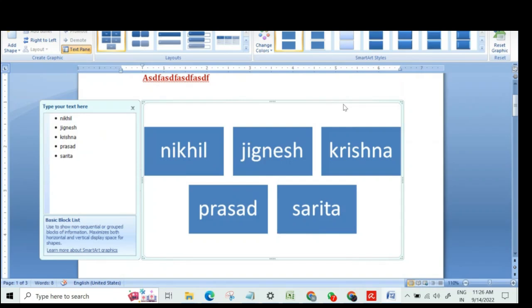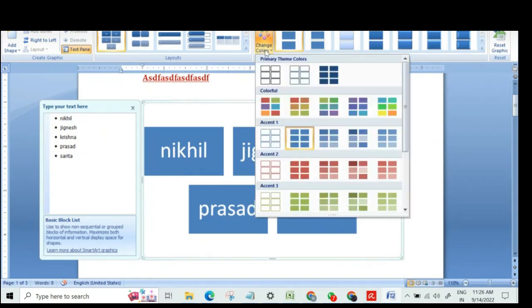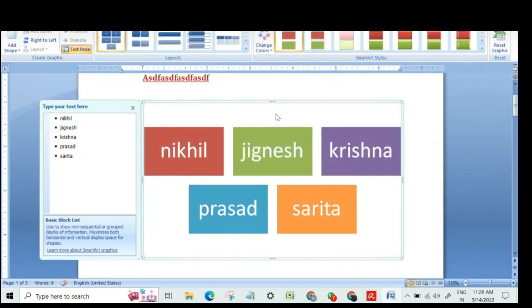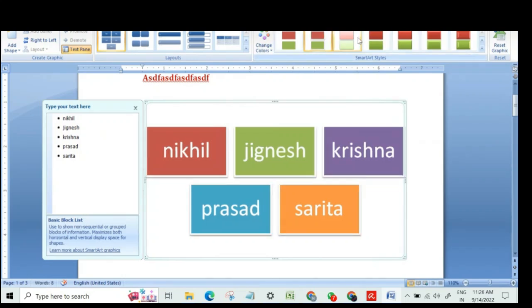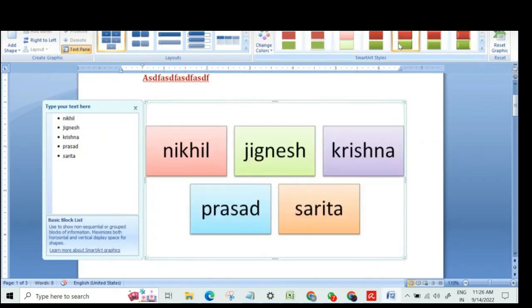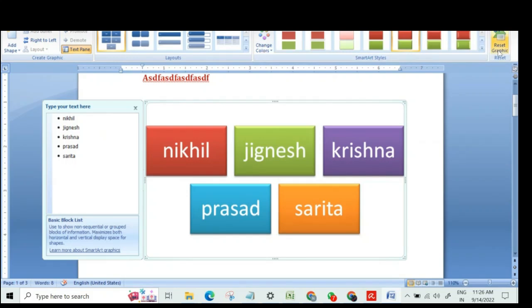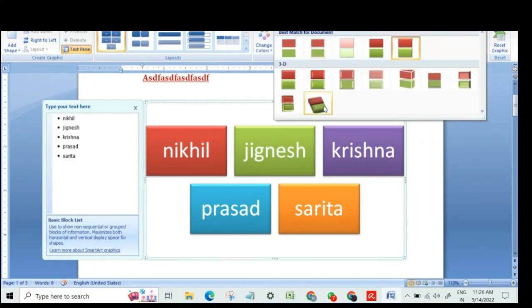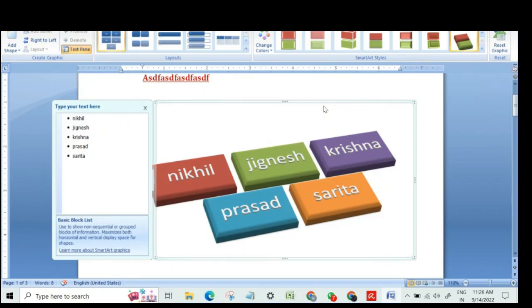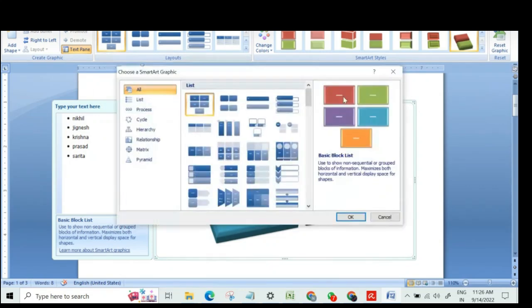अब मेरे पास यहाँ पे बहुत सारी ऑप्शन है इसको फॉर्मेट करने की। For example, I want to change colors. मैं इसको ऑल्टरनेट ऐसे कलर्स में रखना चाहता हूँ, या फिर मैं इसको ऐसे दिखाना चाहता हूँ, लाइट दिखाना चाहता हूँ, इस तरीके दिखाना चाहता हूँ। और इसके अंदर तो 3D भी आ जाएगा, राइट। Now इस सब के लिए मुझे कुछ करना नहीं पड़ रहा है, सब कुछ मुझे प्री डिफाइंड मिलता चला जा रहा है।